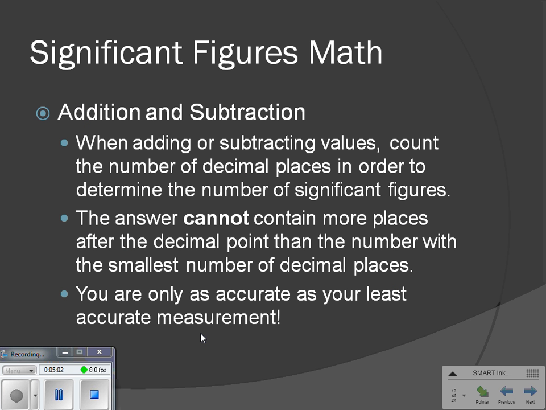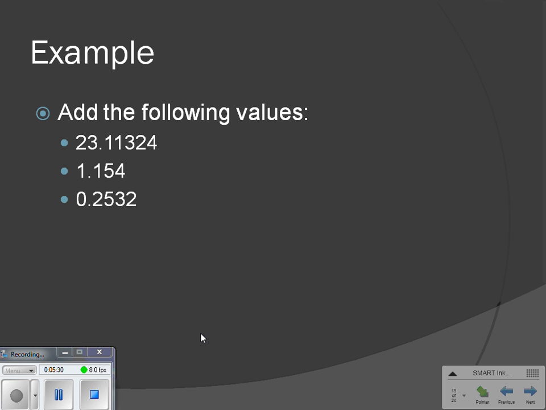So when we are adding and subtracting values, we need to make sure that we do not portray an answer that is more accurate than what we can really get. We are only as accurate as our least accurate measurement. So our answer cannot contain more places after the decimal point than the number that has the smallest amount of decimal places. So if we were adding these three numbers, we have 23.11324, 1.154,